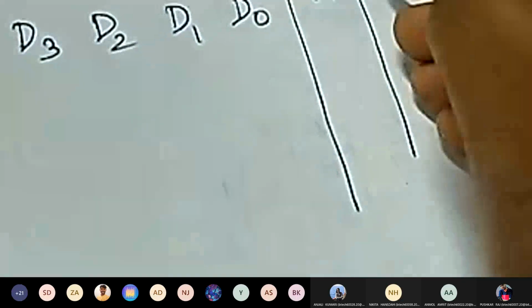Excuse me, ma'am, nothing is visible. Are you sharing the screen? I'm not sharing the screen, I'm just showing you because I'm taking it from the mobile. I cannot share the screen from here. I'm writing and showing you. The camera is also not visible. Abhijit, check your internet connection. Everybody can see, Abhijit. If it is not visible, you just see the recording. You just listen to what I'm saying.